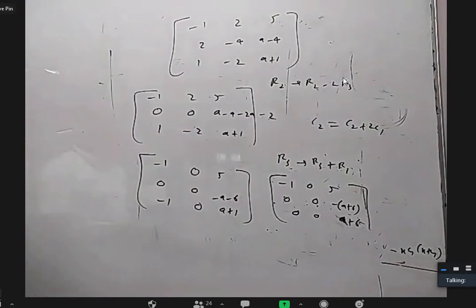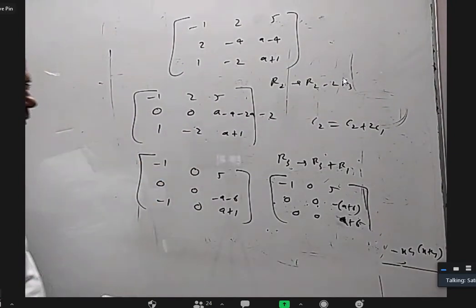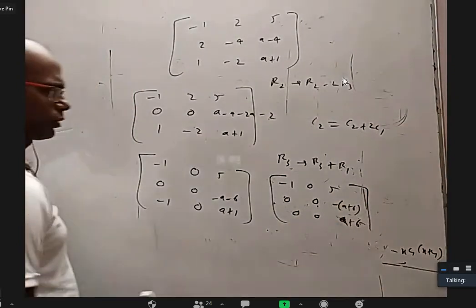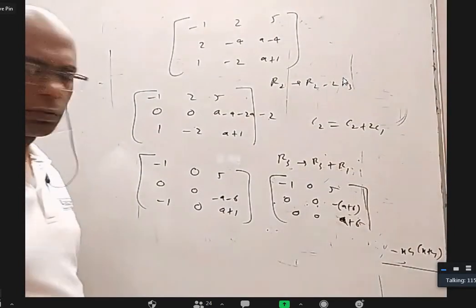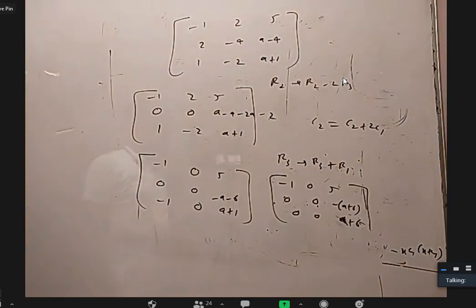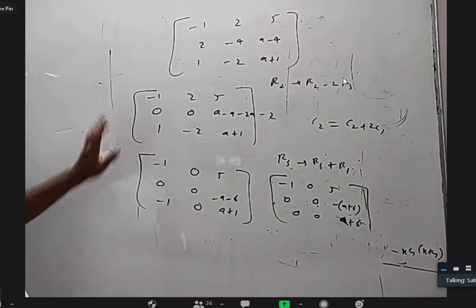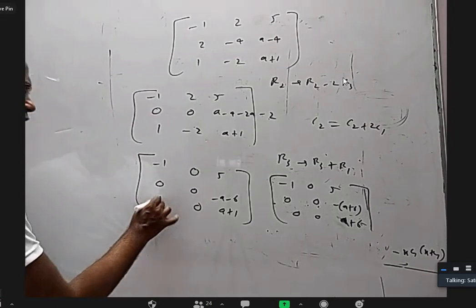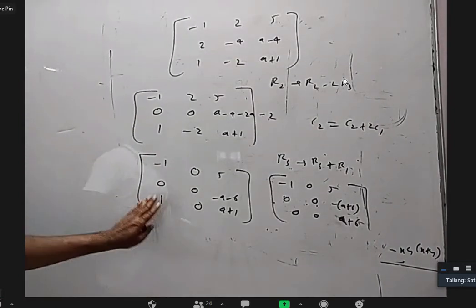We are doing row or column operations to get as many zeros as possible. Even this can be converted into 0 by adding this, right? How did you get a minus in the first element of R3? Oh, this is plus only. This is plus 1. Then when I add, I'll get 0. Now this is plus 1 and this is correct.